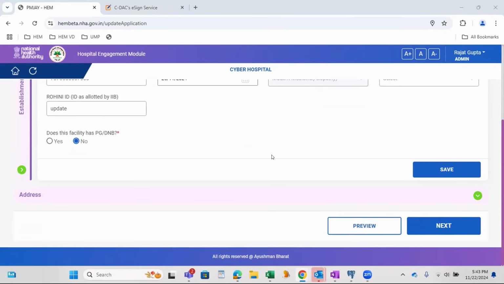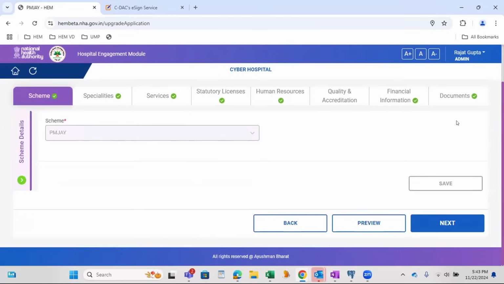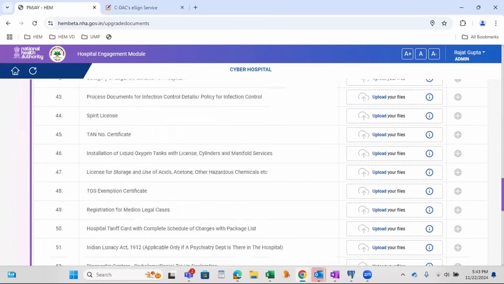Now, if I click on next, since I have made changes on this basic detail, I click on navigate. We can navigate from tabs also and proceed to submit the form. Since you have made changes to certain basic information, it will navigate to update.